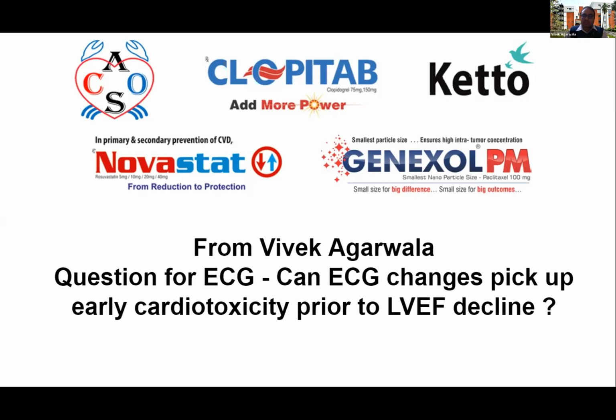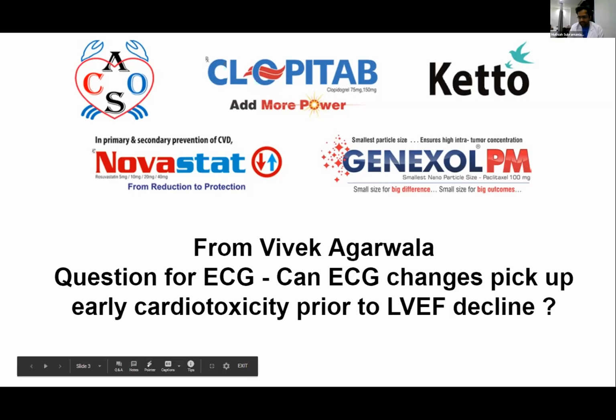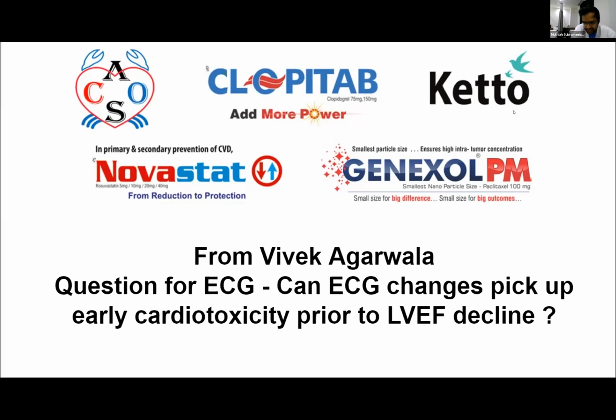Yeah. Another question that I had to ask you: do you really think ECG changes can pick up early cardiotoxicity prior to an LVEF decline? So that's also an interesting question. The thing is, there are some ECG markers of subclinical LV dysfunction, which I guess is a little bit of the question. And the two things that they find is, one is that if your QRS duration increases more than 120 milliseconds, it's a sign of subclinical LV dysfunction that has been correlated to longitudinal strain.